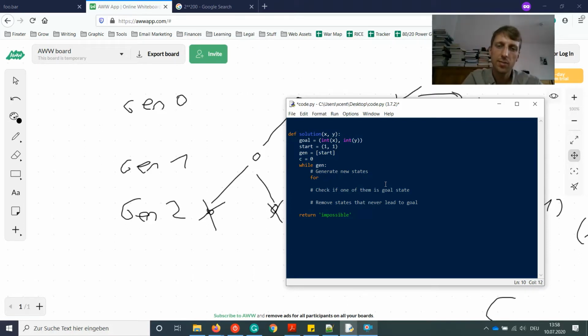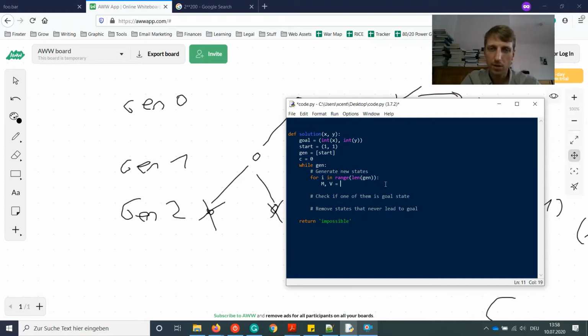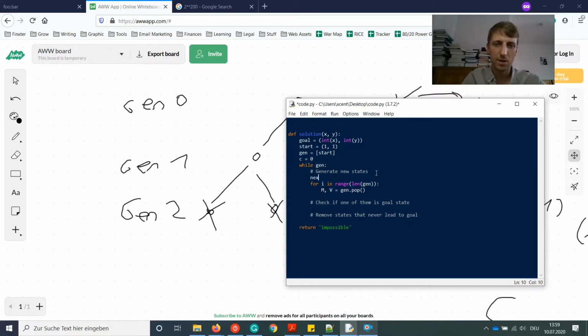I think there's a better way of representing it. So we use the pop function for i in range length of generation. We simply pop one element. So now we have one random state from our previous generation, and we use the pop function to remove this state from the old generation. So after this loop is done, basically the generation is empty. So do we have to do this? Maybe not. Maybe we keep it simple, like next gen is initially empty, and then we